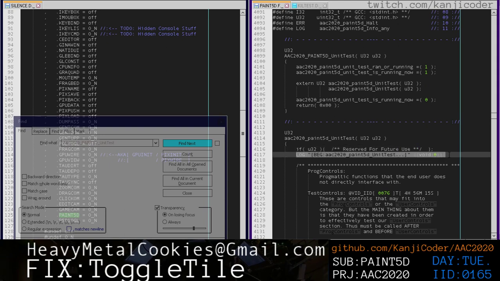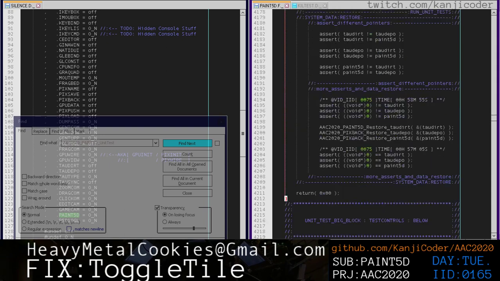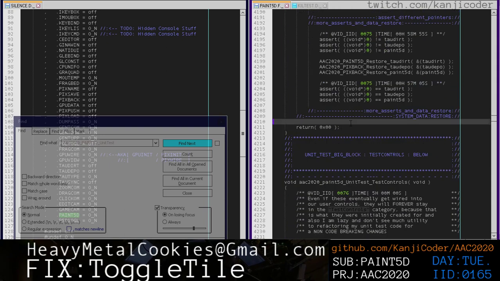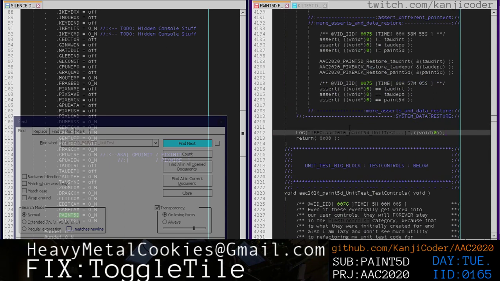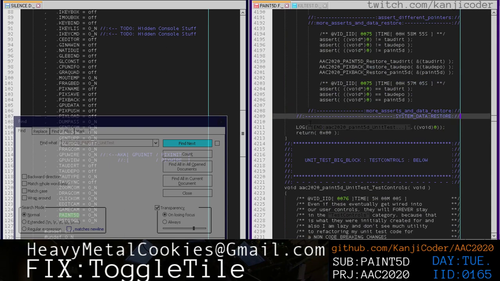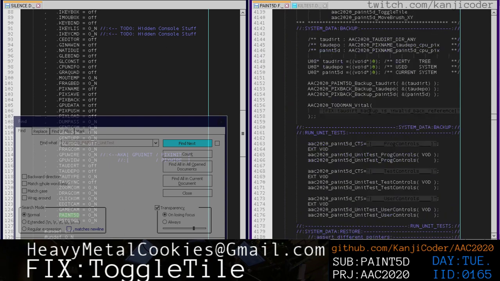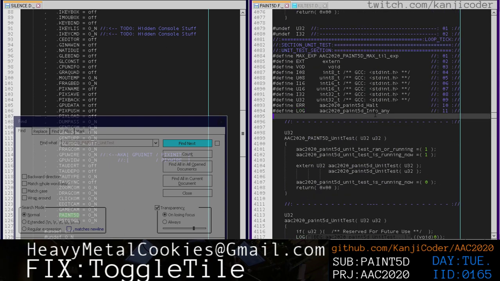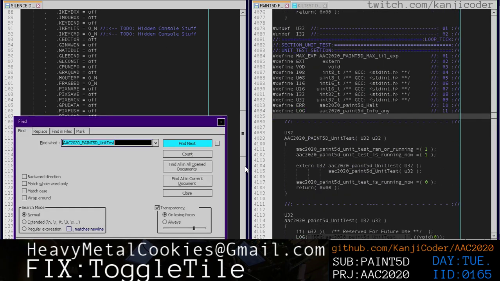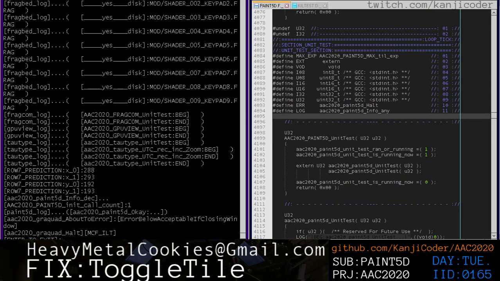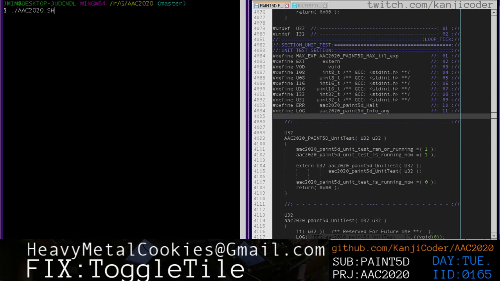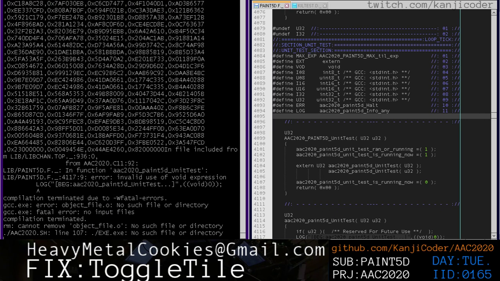And if we're going to do that, then we want to do that at the bottom of here, right? So before we return, we also want to log that we're ending this unit test section. Now I don't know if we actually have a macro for logging here. Oh, we do. Okay, cool. So I just want to have a confirmation that indeed we're entering this unit test section, and